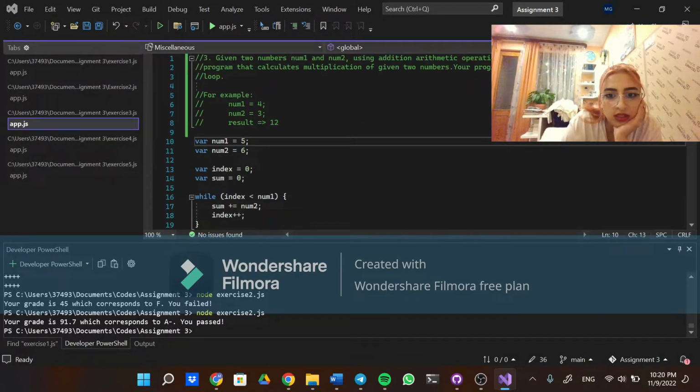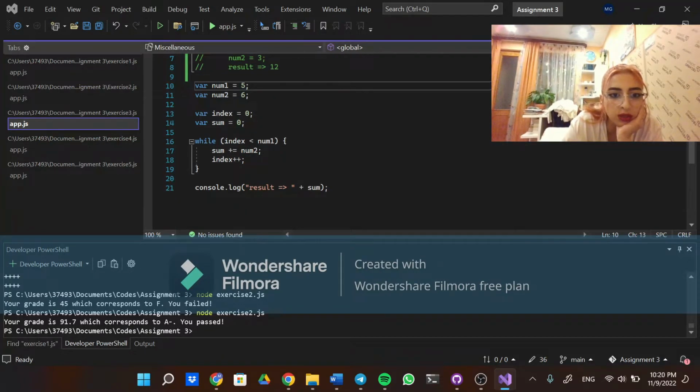Next exercise. Given two numbers, using conditional arithmetic operation only, write a program that calculates multiplication. So I used number 1 and number 2 as variables, and for example, numbers 5 and 6. The initial index is 0, initial sum is 0. Using a while loop, while index is less than number 1, the sum is sum plus number 2, and it adds number 2